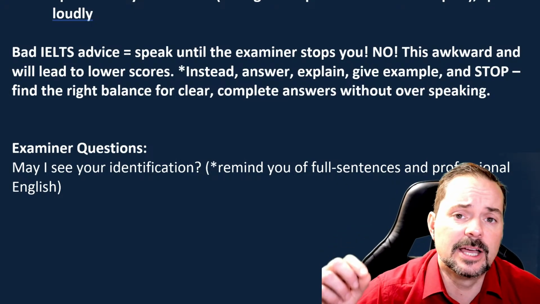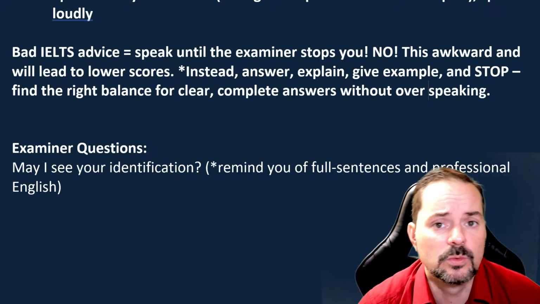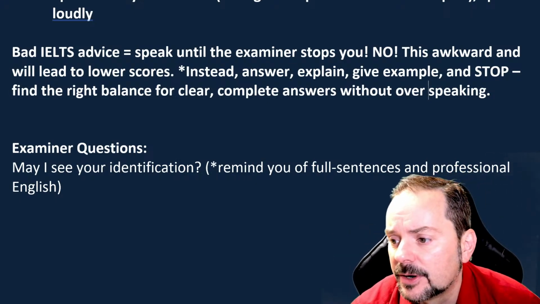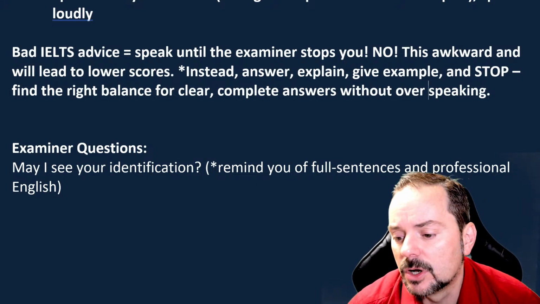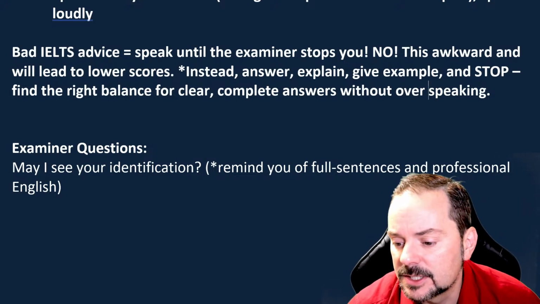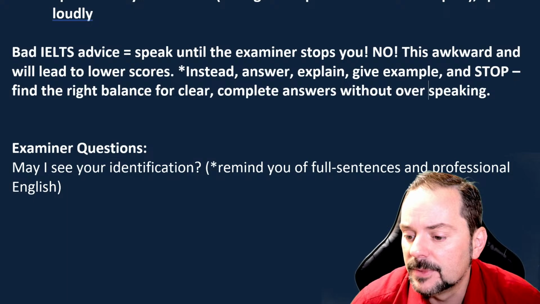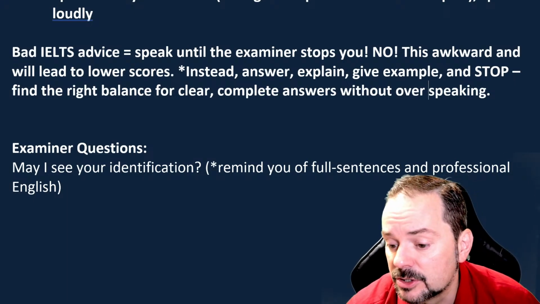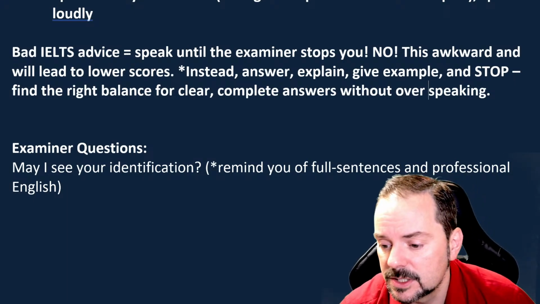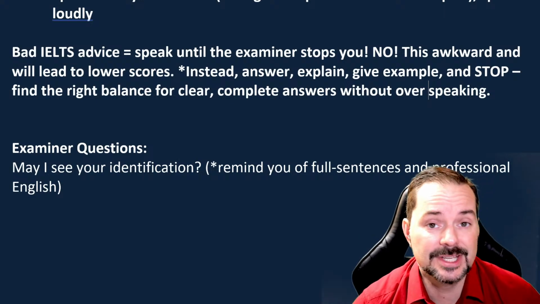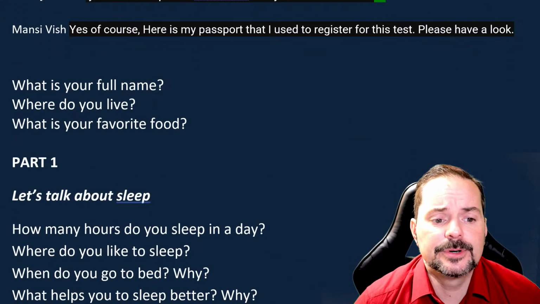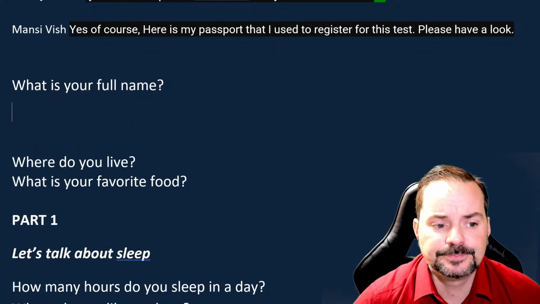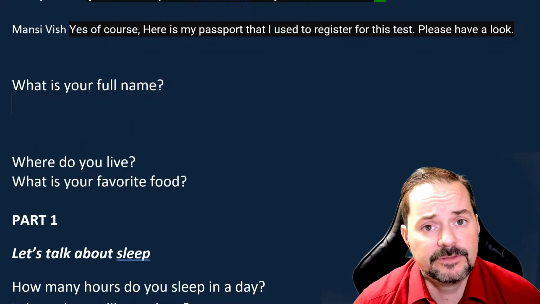You can check the time of the lesson when there's a sentence that you want to practice, and then you can write it down. Like right now, we're at 16 minutes. So, you can write down at 16 minutes, longer introduction. Deborah, certainly, here's my passport I used to register for the exam about 6 weeks ago. Please take a look at my credentials. Natural speed. Okay, and then the examiner will ask you, what is your full name? Again, professional, right?